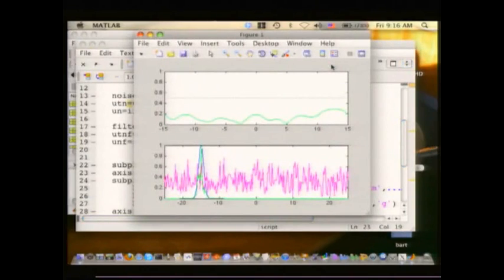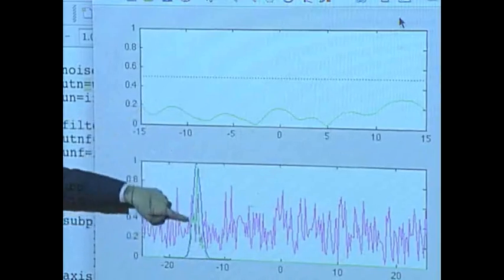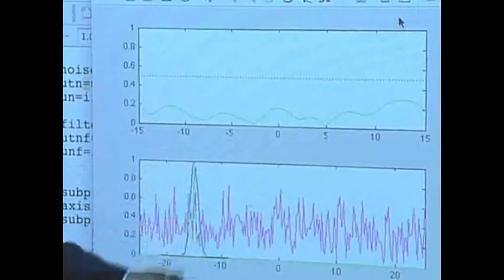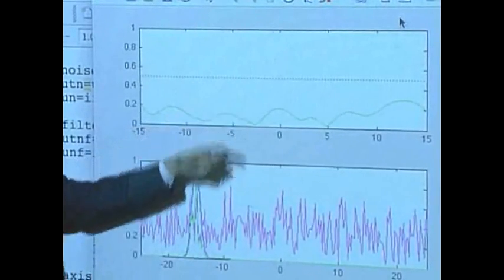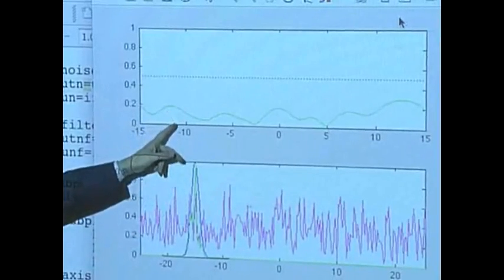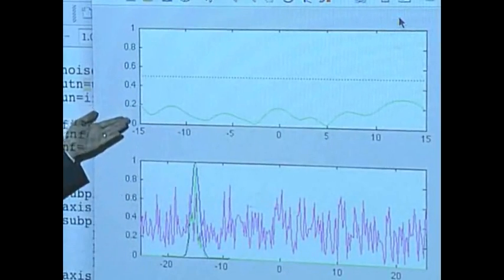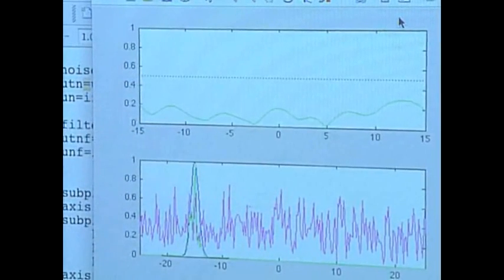There. I filtered over there. The reason I did it is it rescales automatically. I wanted you to see that threshold line. The threshold line's there at 0.5. It's always been there. If I look at here, the green under here still has a spike. You think, oh, the spike led to a spike here. The spike there does not lead to a spike there. Spike there leads to stuff that's low. You would never launch a missile there.